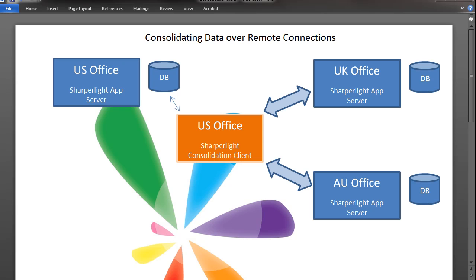Hi, in this video we'll be looking at how to consolidate data over remote connections. For the example, we'll have a US office that will be consolidating data from a UK and Australian office. We'll set up a dedicated client in the US office that's called the Consolidation client. This client will have remote connections to the UK and Australian offices and will consolidate the data over the internet